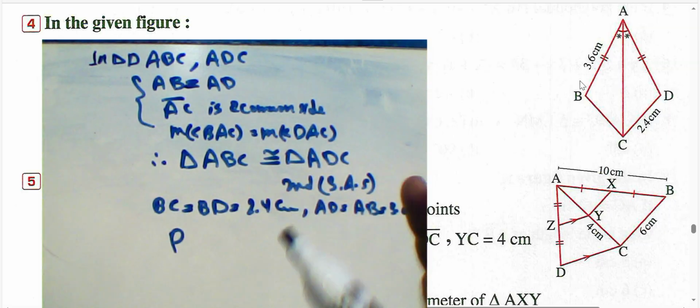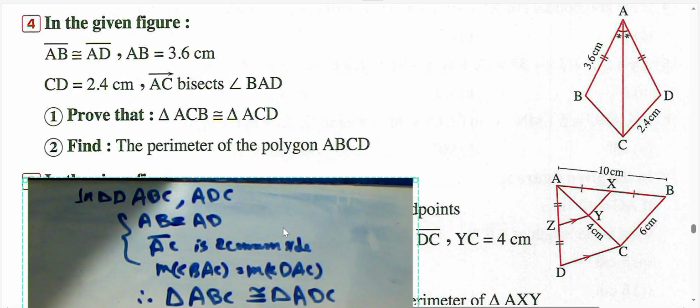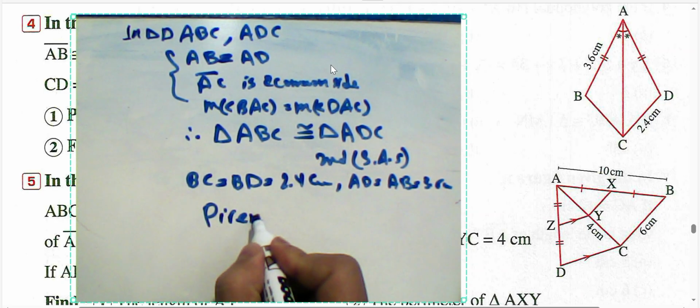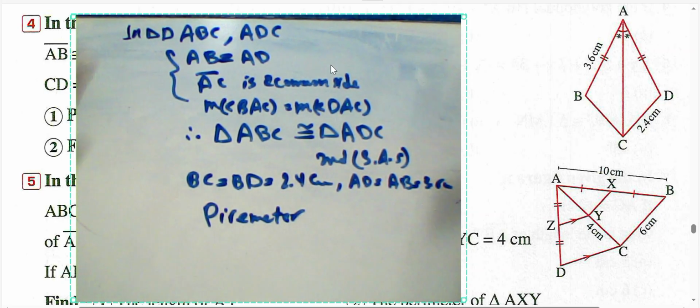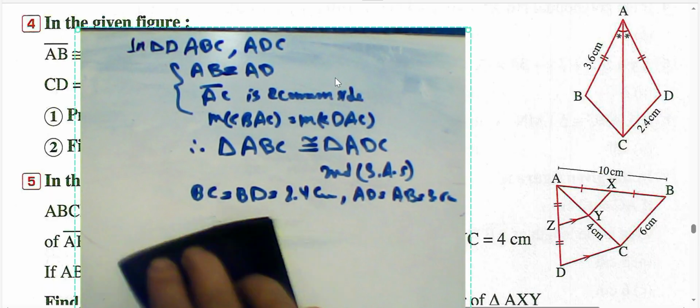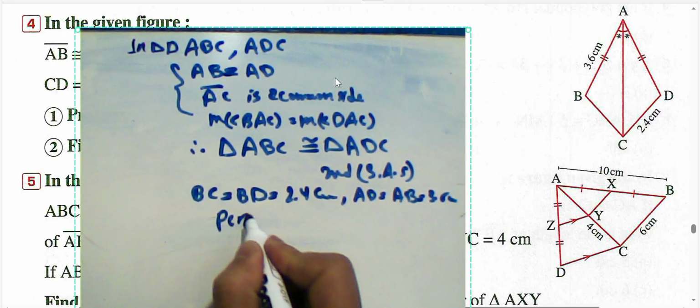Or this, we want the perimeter of the figure. Okay, the perimeter of the polygon ABCD. The perimeter of the polygon equals the summation of all sides. Okay, then the perimeter